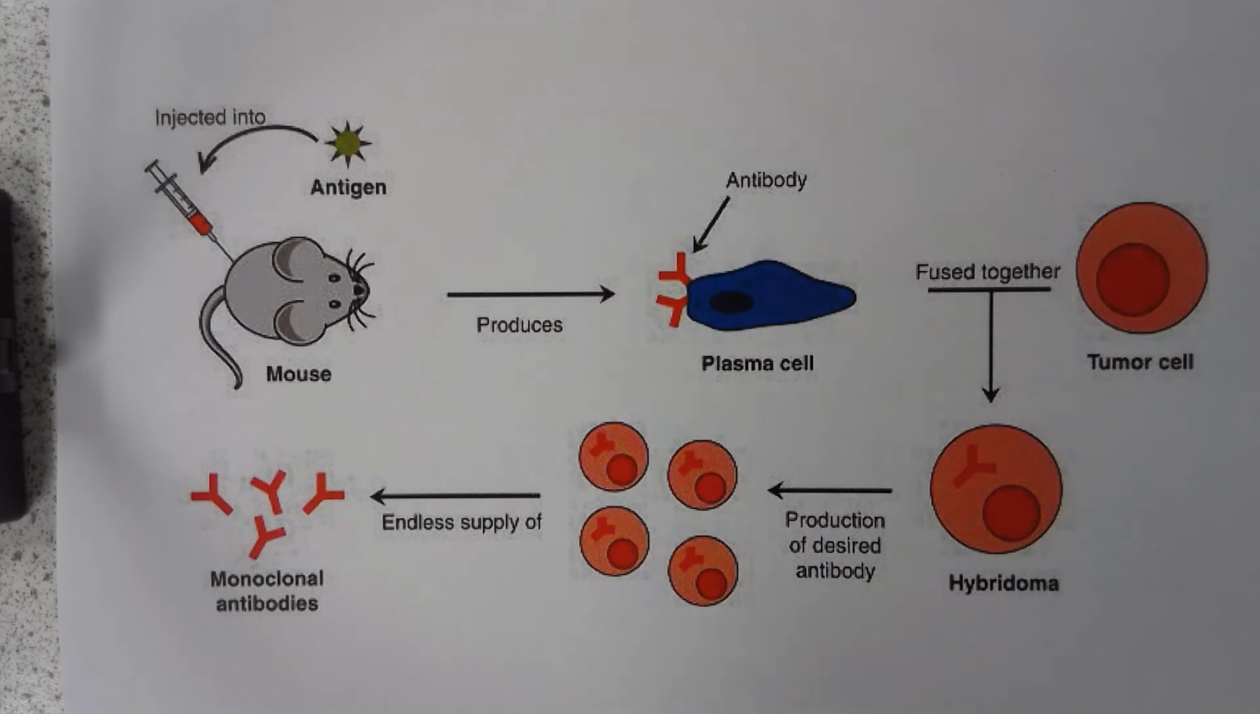of these lymphocytes. These cells are fused with cancerous white blood cells taken from a human called myeloma cells. The resulting cell is known as a hybridoma and can divide indefinitely. As the hybridoma cells divide, they produce millions of specific monoclonal antibodies which can be harvested and utilized for medical